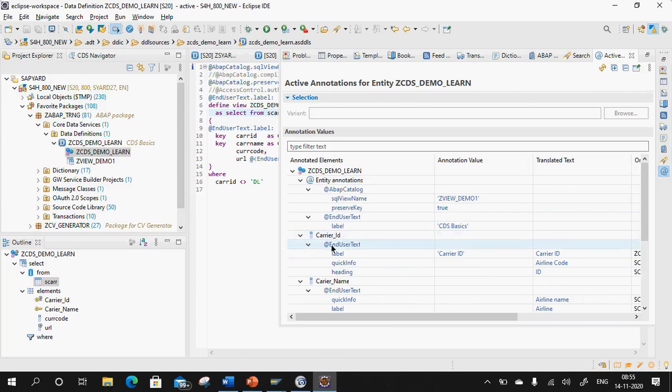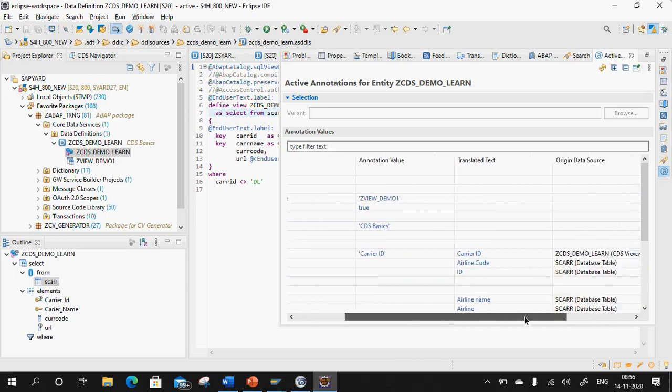Now coming to your element level annotation @EndUserText.label. Similarly you have @EndUserText.quickInfo and heading. I have not used both of these, hence for the annotation value you are not getting anything. Translated text came from your DDIC, that is carrier ID, airline code and ID. This is coming from your data dictionary.